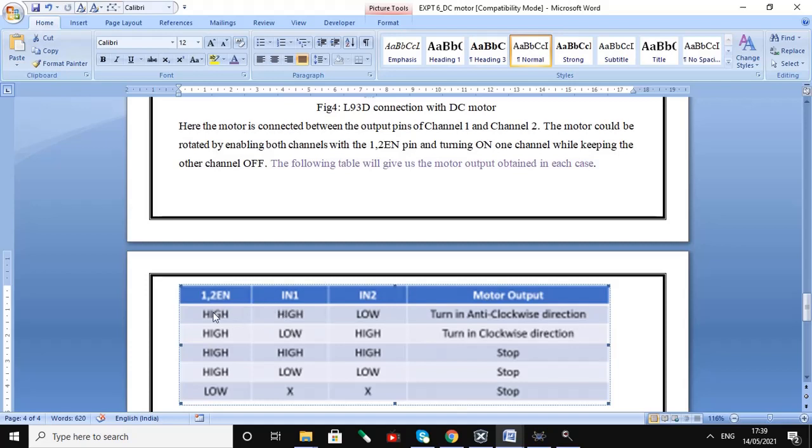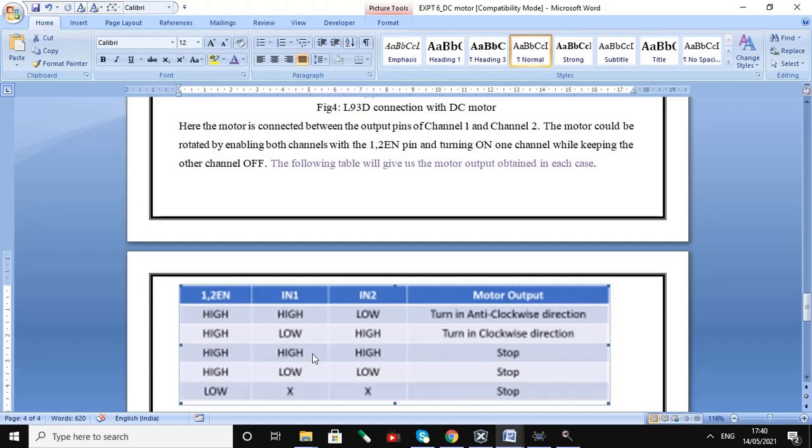We need to keep the enable pin high so that our driver will be enabled and working. If we make IN1 high and IN2 low, the motor will rotate in the anti-clockwise direction, and with IN1 low and IN2 high, the motor will rotate in the clockwise direction.